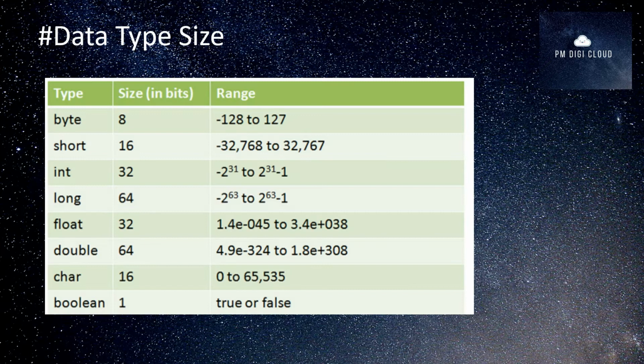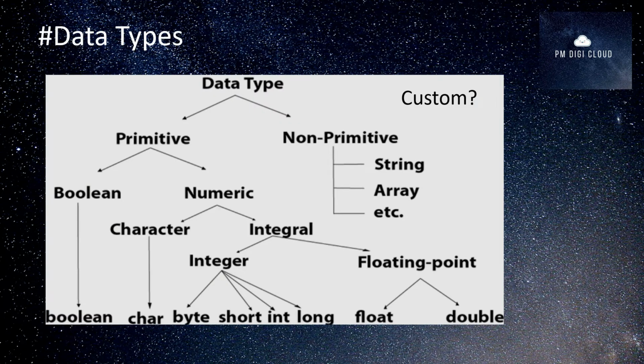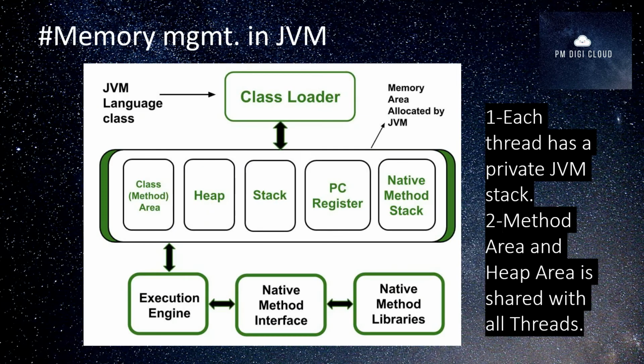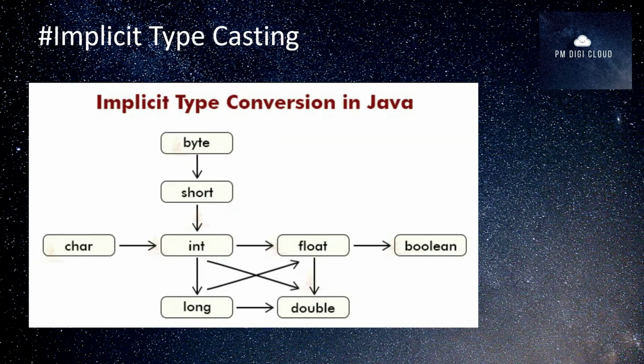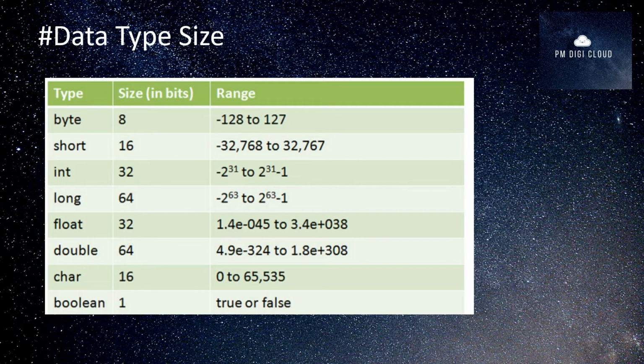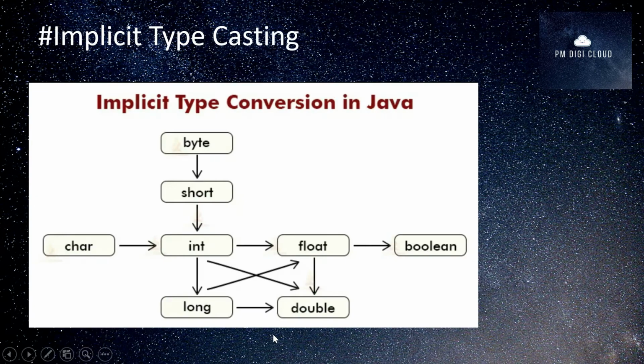So that is the main important thing you need to take care of with respect to defining the data type. And implicit type casting, what do you mean? As I told you, similarly, suppose a glass of water you want to put inside a bucket, it can easily go, but from a bucket you want to put water inside a glass, so many things will float away, right? So similarly, when you do the type conversion in Java, if you are assigning any byte variable